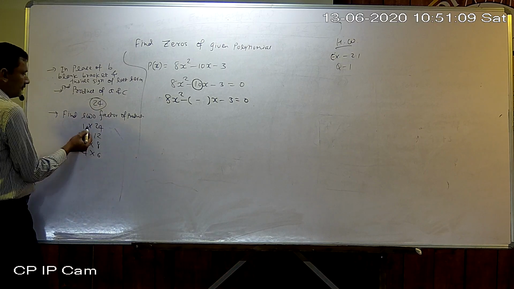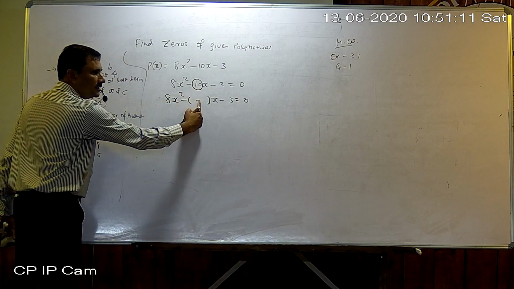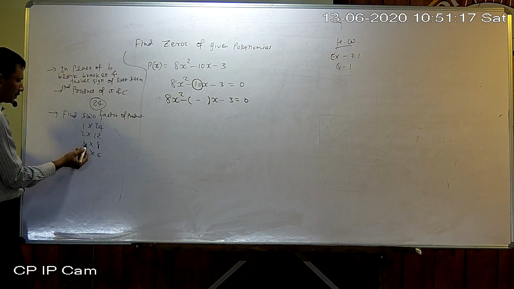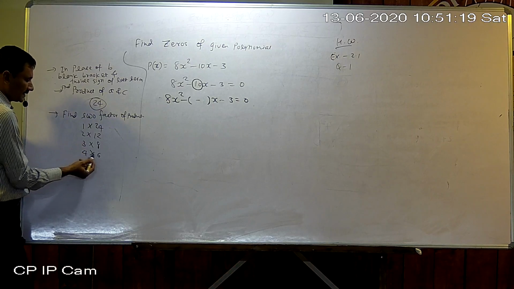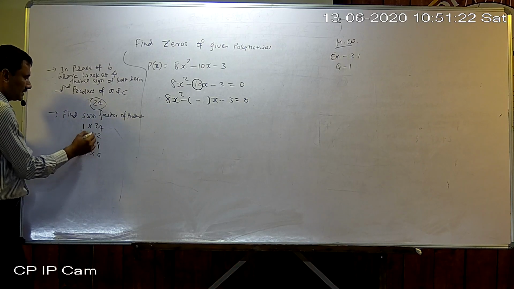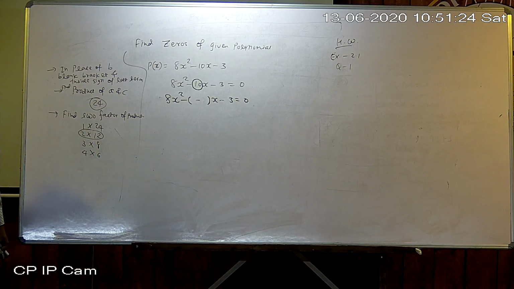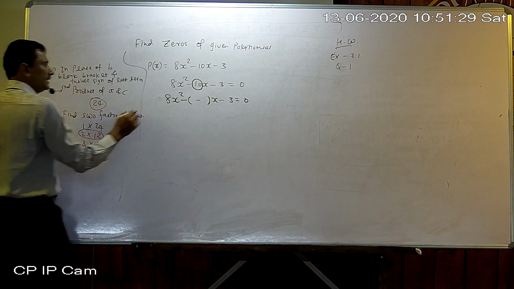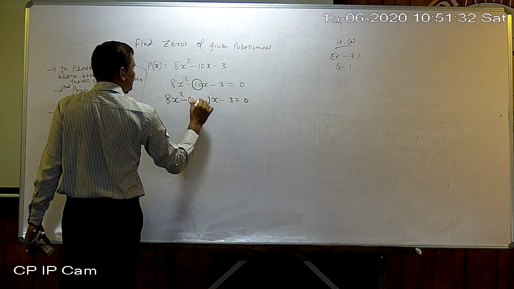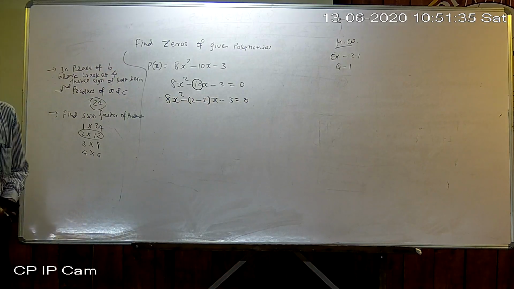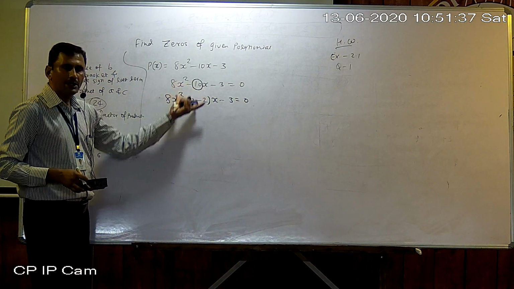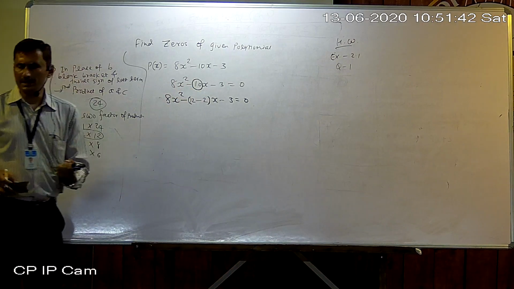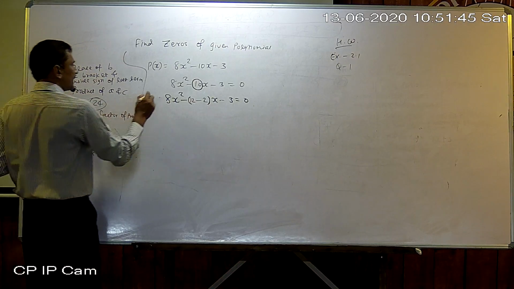Now look, which two factors have a difference of 10? Minus sign is placed here. So the difference should be 10, not the addition 10. So don't take 6 and 4, because the addition of 6 and 4 is 10, not the difference. So take 12 and 2. Sometimes both ways are possible, but look carefully at what is required. So I write here 12, the bigger number first, the smaller number last. I think you already know all this process, but again we start at a very primary level. Okay, so that is our second step.